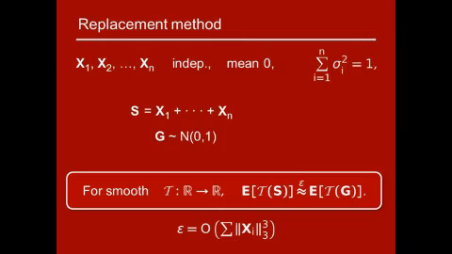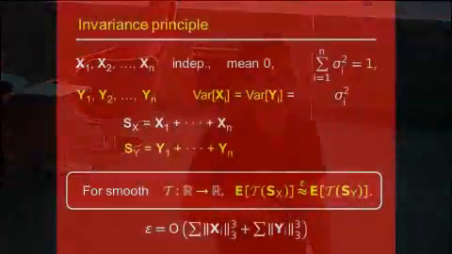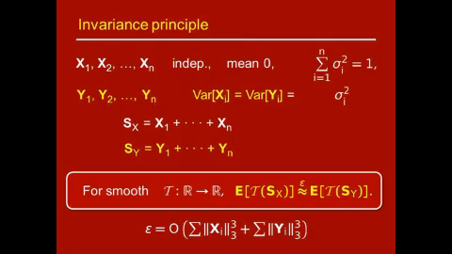Now you might think to use the hybrid argument. Now that it's set up like this, you have x's and then you have g's. In fact, you can instead prove an invariance principle that has nothing to do with Gaussians. It just says if you have any x's that are independent and y's that are independent, with mean 0 and the same variances, and I call the sum of the x's S_x and the sum of the y's S_y, you might try to show that for any smooth T, the expected value of T applied to S_x is close to the expected value of T applied to S_y.